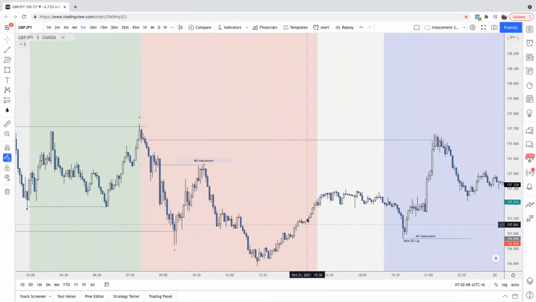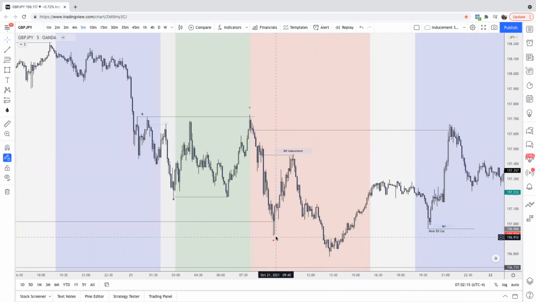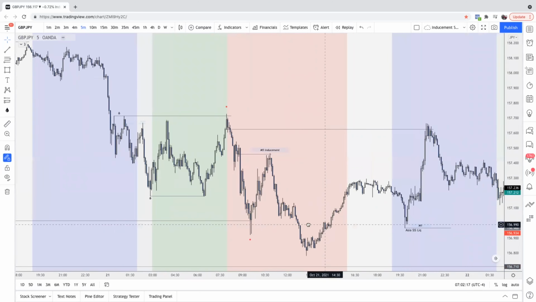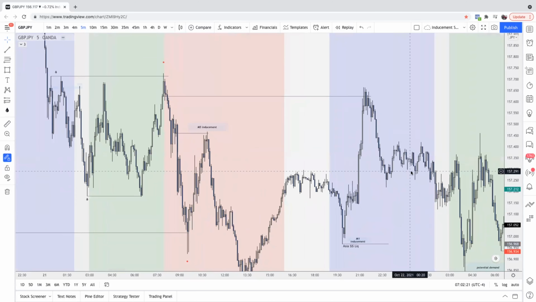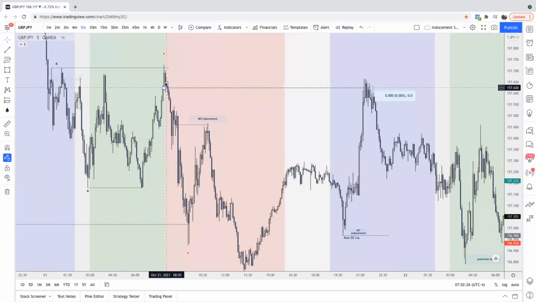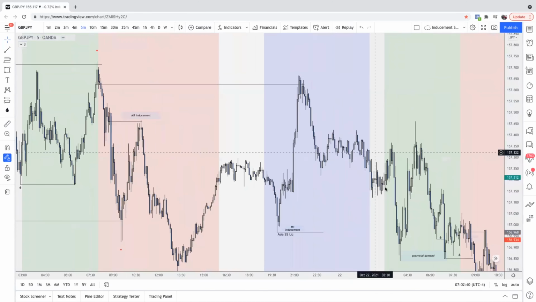Didn't get it. It's cool because now, okay, I understand, potential inducement. Take the sell for a potential inducement. It got stopped out at break even because I went break even at this low. Once I saw New York didn't take this, okay, and I saw you had your actual true supply here. It takes liquidity, then breaks structure, so the candle that did that, price comes back and mitigates that